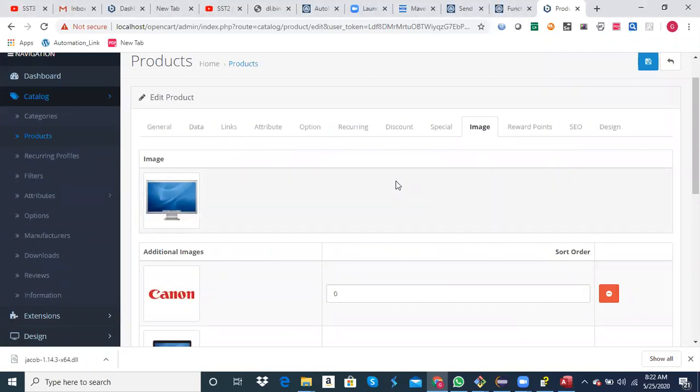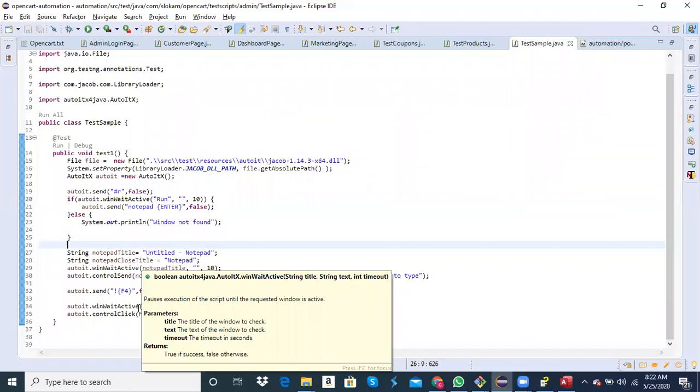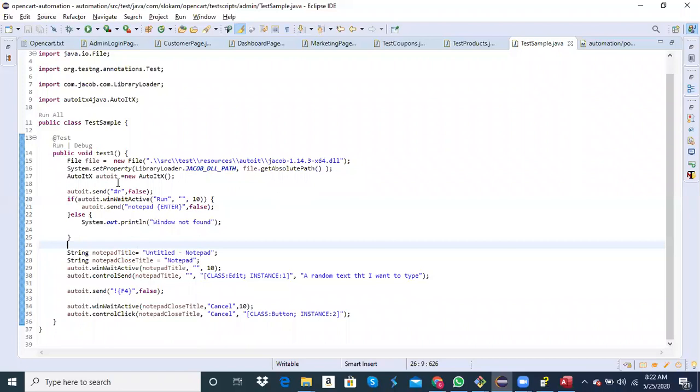Now what I want you to do is work on the uploading part and write the scripts. There is no new method you have to use. All the code that we have written here, the same things can be used there. The same approach can be used. All you need is, here it directly starts from AutoIT. There, first Selenium will be executed, then AutoIT will be executed. So I want you to do that assignment. This week's assignment will be